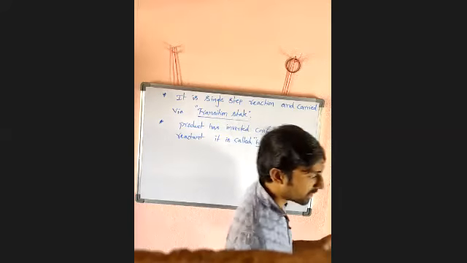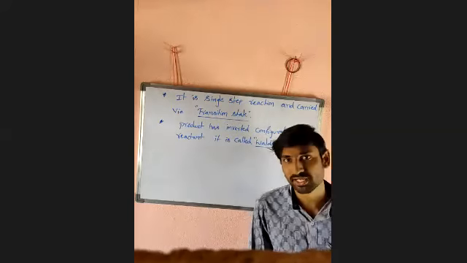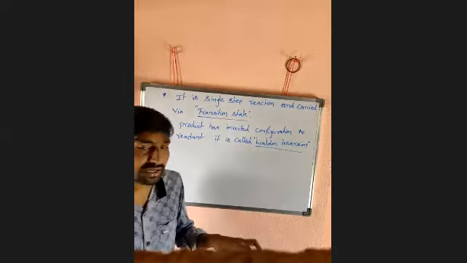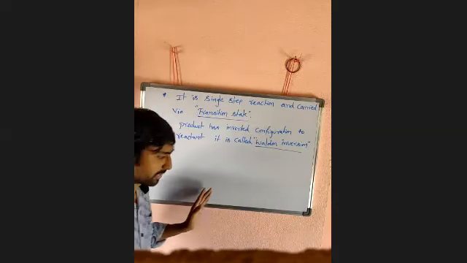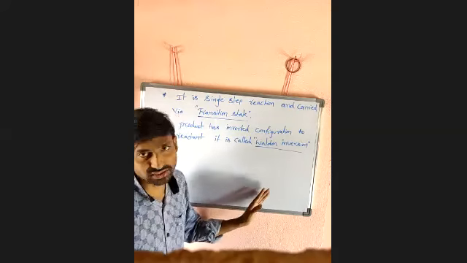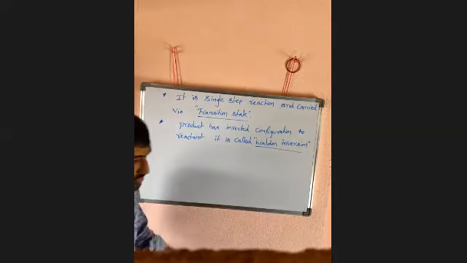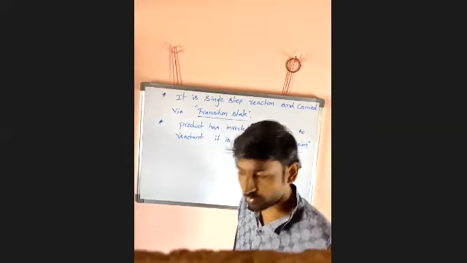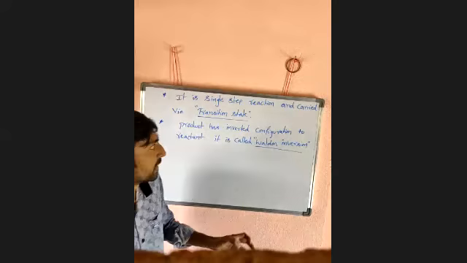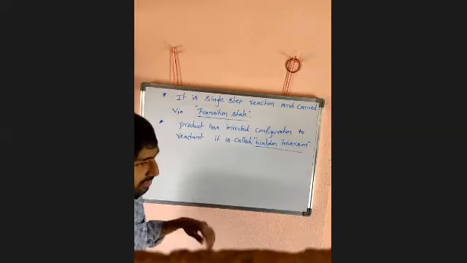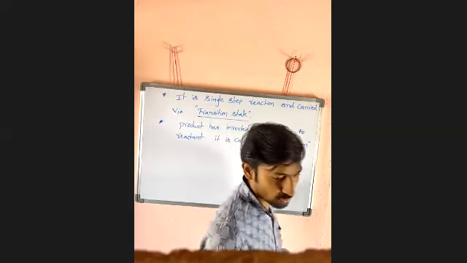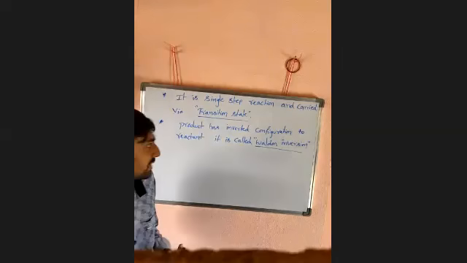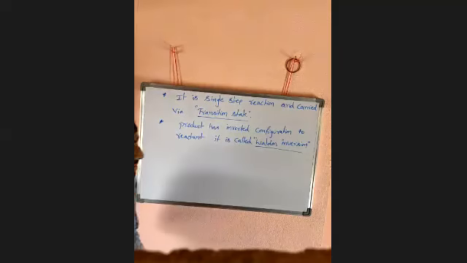Now the reactivity order is alkyl iodide is greater than alkyl bromide, greater than alkyl chloride, because iodine is a better leaving group. In case of alkyl halides, primary is greater than secondary, greater than tertiary. This SN2 reaction is carried out in a single step without any intermediate; it proceeds via a transition state. The product produced in an SN2 reaction has inverted configuration relative to the reactant.